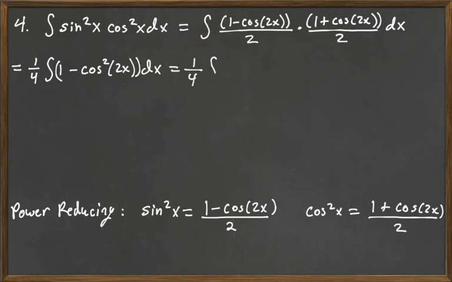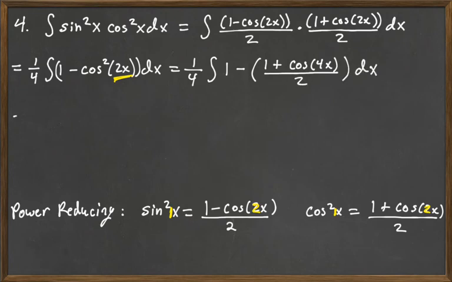So this is going to be 1/4 integral of 1 minus, okay? Now, notice what happens to the angle here. It's a 1, and then it becomes a 2. So an angle of 2 is going to become an angle of 4. It comes from a double angle formula. So minus cosine squared of 2x will become 1 plus cosine, and double that, so that'd be 4x, all over 2 dx, okay? So it's going to be 1/4 integral of, and then we have 1 minus 1/2, which is 1/2, minus cosine 4x all over 2